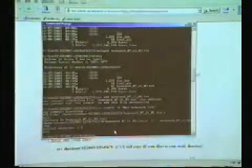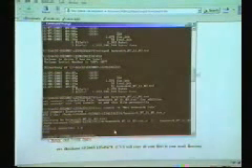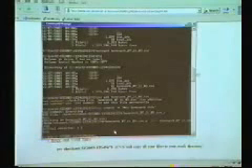Come on. I don't know where the receiver is on this. Well, since I can't get it to cooperate,